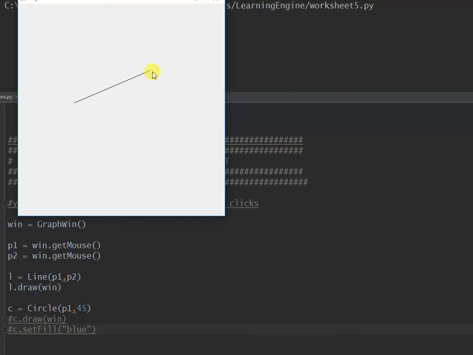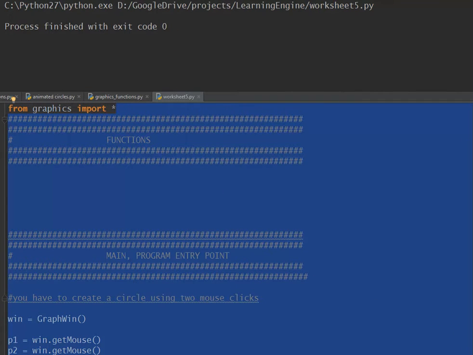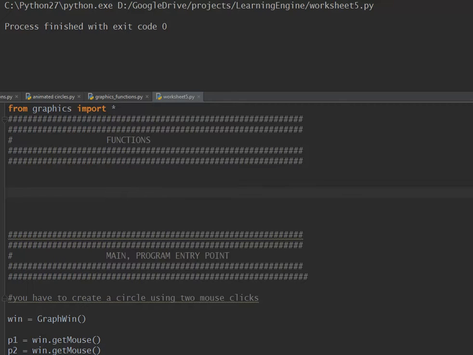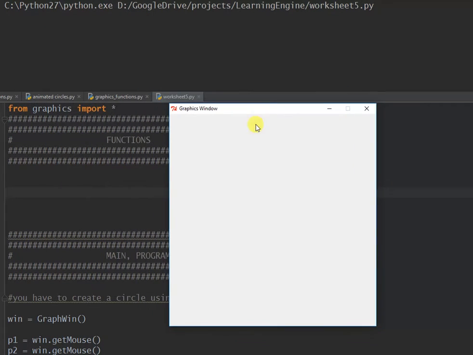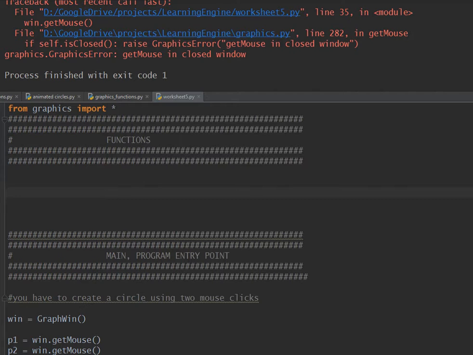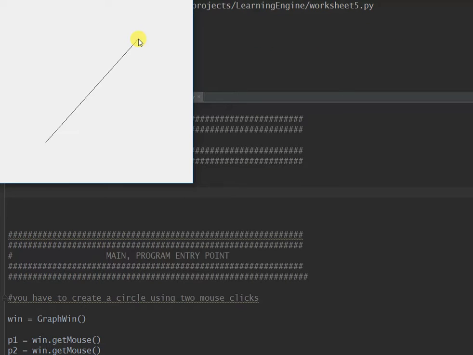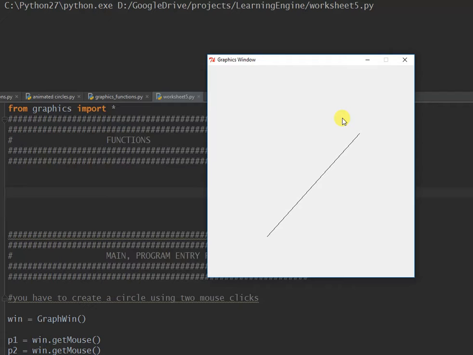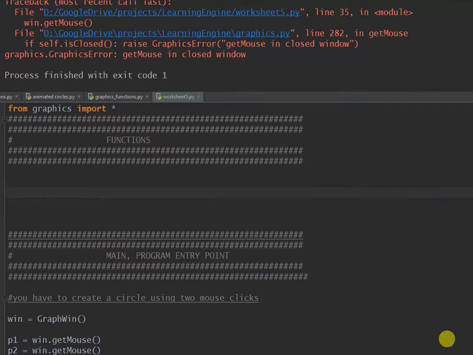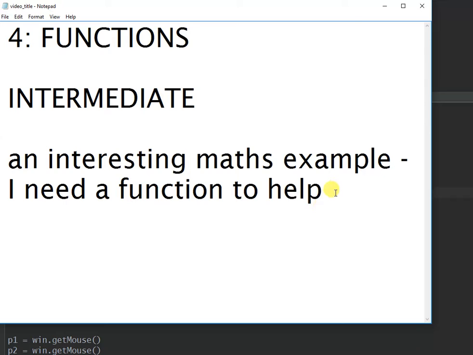Now, how do I work out what the length of that is? What's really interesting about this, let's get it back again, click, click, is that I can have that distance at any angle. So let's run it again. Click, click, there we go, two different. But actually the mathematics to work out the distance between here uses a piece of mathematics called